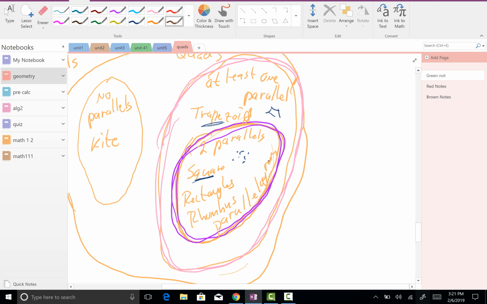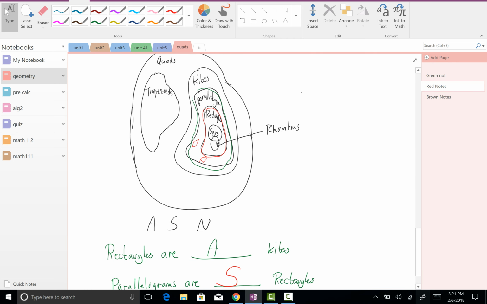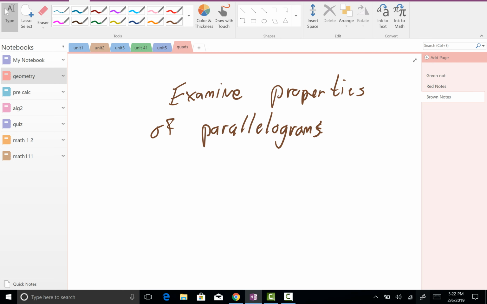Right? They are all the same. In this case, they were the same circle. They were the same country, whatever you want to think of it. All right? Then, when we looked at them from sides that were equal, we said parallelograms were here. And again, rectangles, squares, and rhombi were in that classification of parallelograms. So parallelograms contain a lot of the different quadrilaterals, which is why we're going to look at those properties of parallelograms. And one of the things we're going to look at is the diagonal